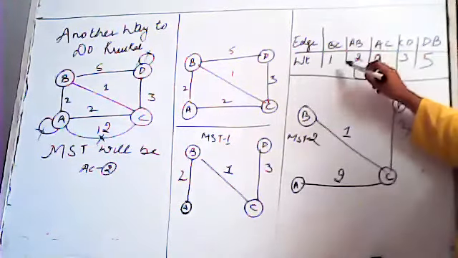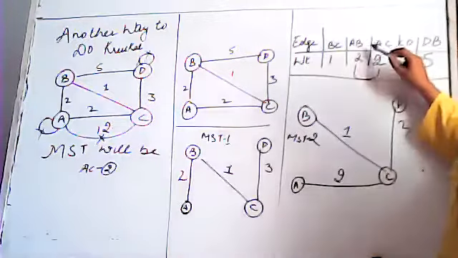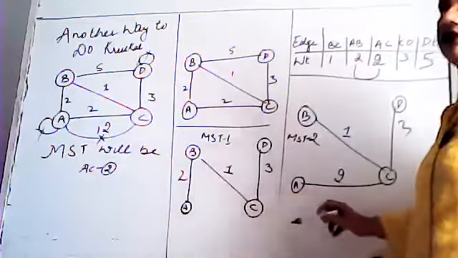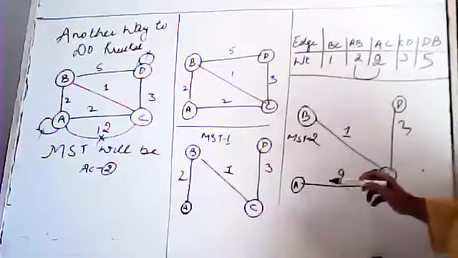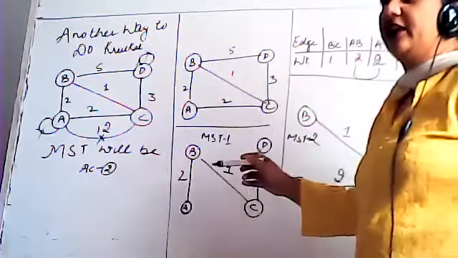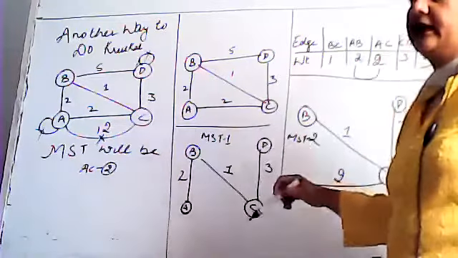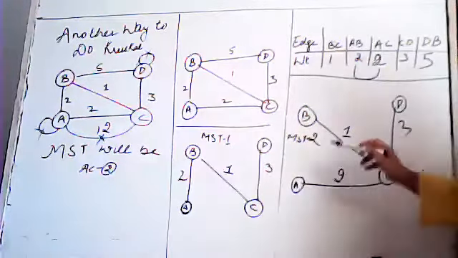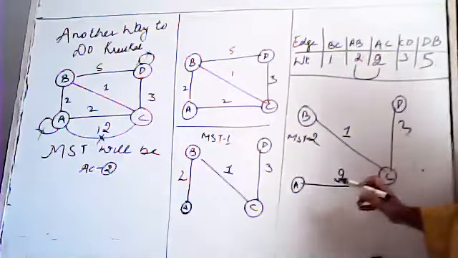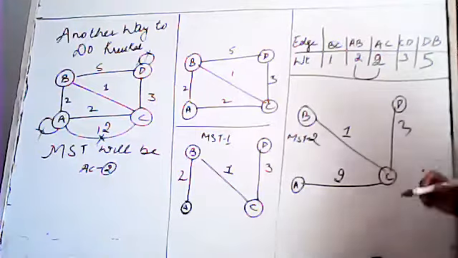Now we'll be considering first the edge with the least weight, so it will be B to C with 1, then A to B with 2, and we have not taken A to C because it is forming a loop. So we'll be discarding this edge. Then C to D will take 3, and when we'll be joining D to B, it will again form a loop. So you will be simply discarding it. Fine. Now, since AB and AC have the same weight, we can make two representations of this graph. A to C is 2, C to B is 1, and C to D is 3.